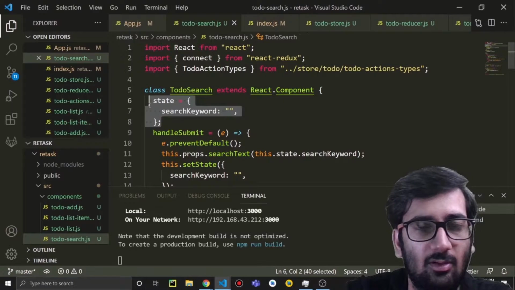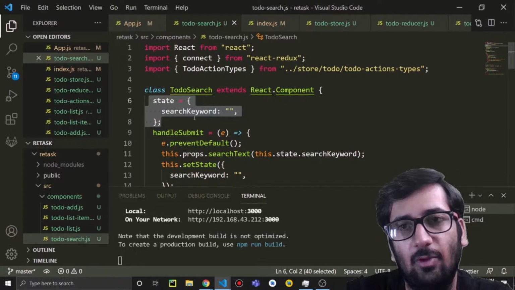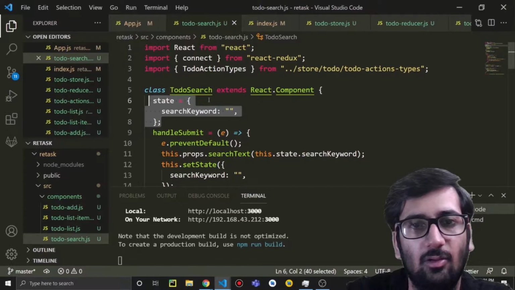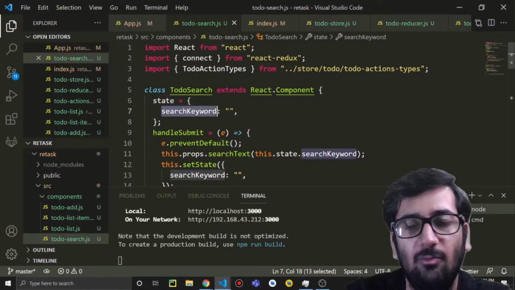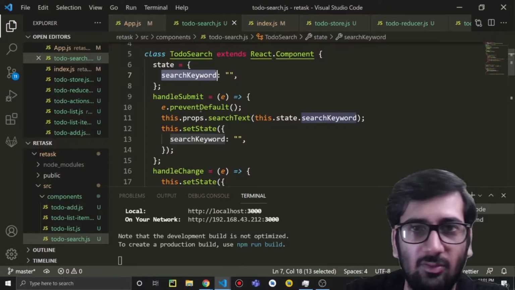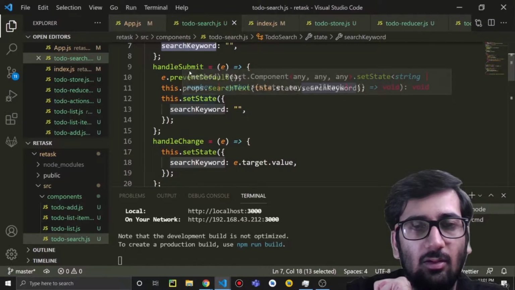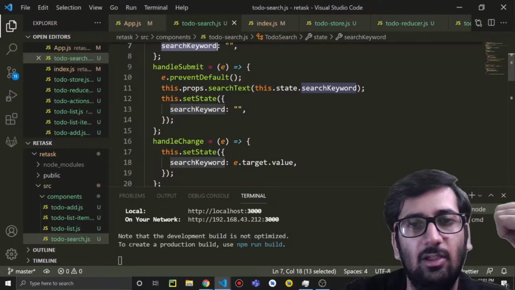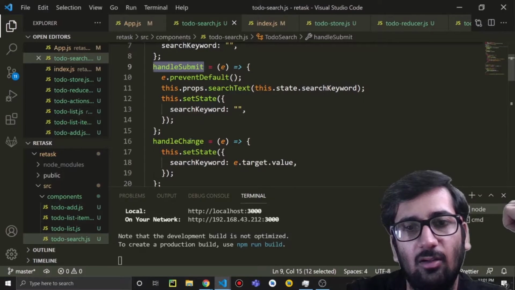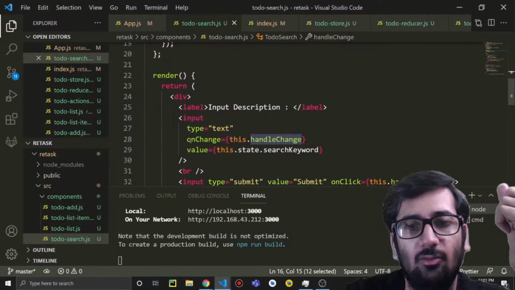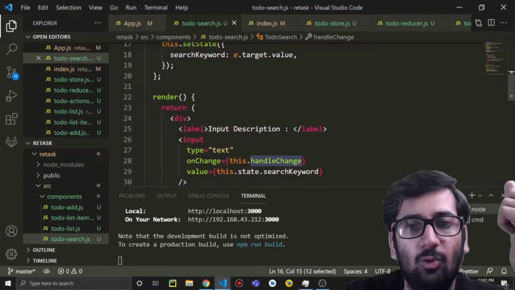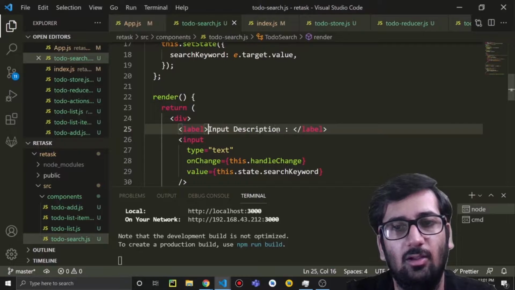It contains, as I told you, for the input, we need to handle a local state for this component. So it contains the search keyword which you are going to type in the search box, and these are the two similar kinds of events we have currently seen, the submit event and the handle change event. So this function will handle these kinds of events. So in the input, we can just write it search.